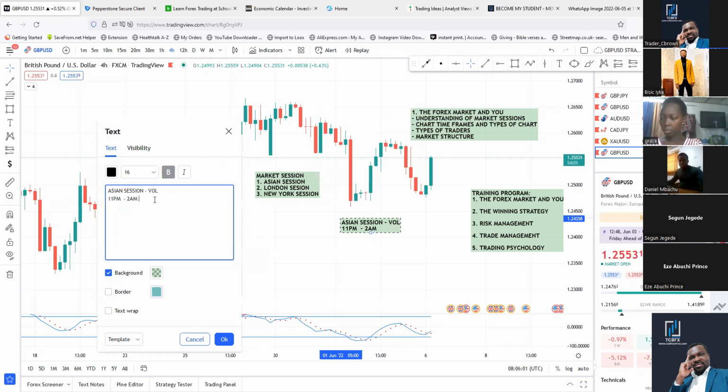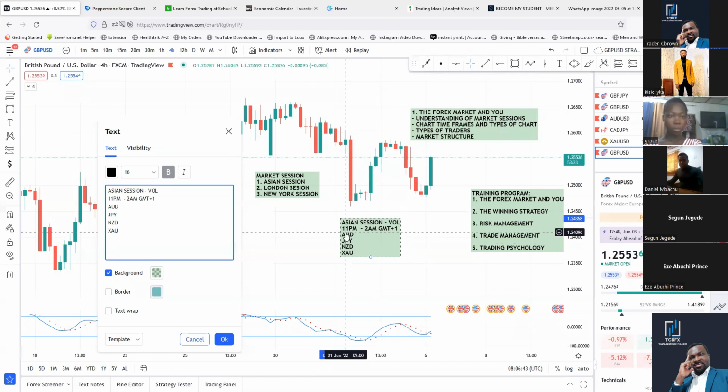If you live in that area, in that zone, you want to focus on that. And the currency pairs that you need to trade in that particular zone are these: AUD, JPY, and New Zealand. And sometimes we have gold moving in that period as well. So you want to pay attention to these in the Asia session.